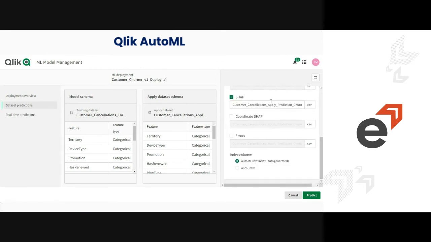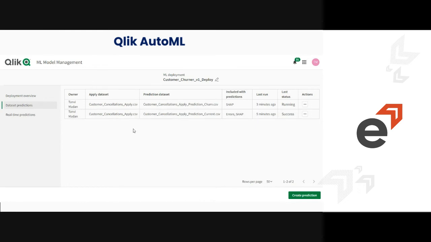So for now we are only calculating the SHAP score along with the prediction score, and we have the index column here, which will automatically generate the row index, or we can choose to connect it through a particular index column. So here we will be connecting it through account ID. Now if I click on predict, it will start running the scores, and then we can check the predictions included and the running status. There are a few actions we can take as well, like deleting predictions or configurations. Now if I go to the prediction which has been created and open it,